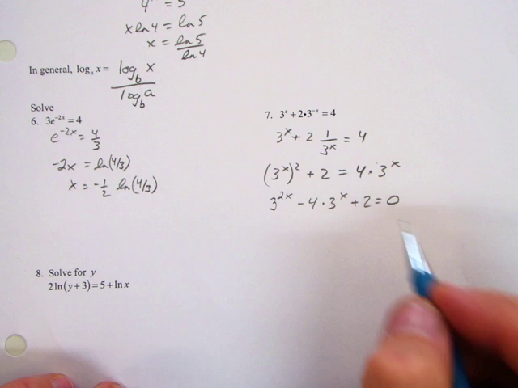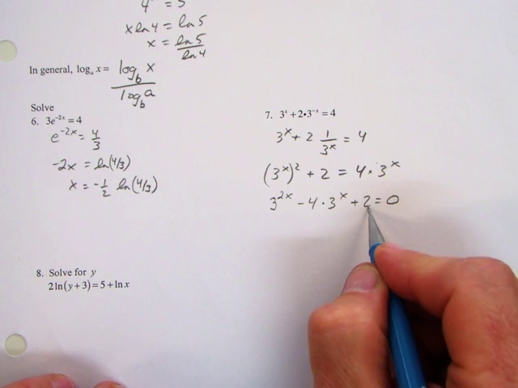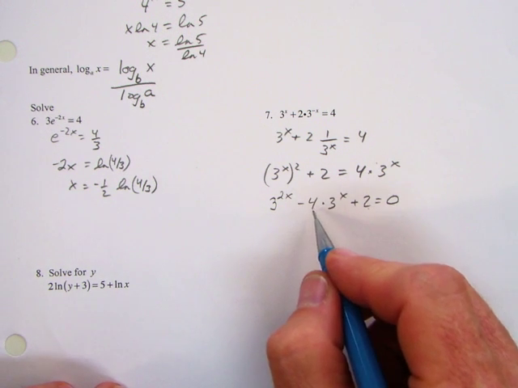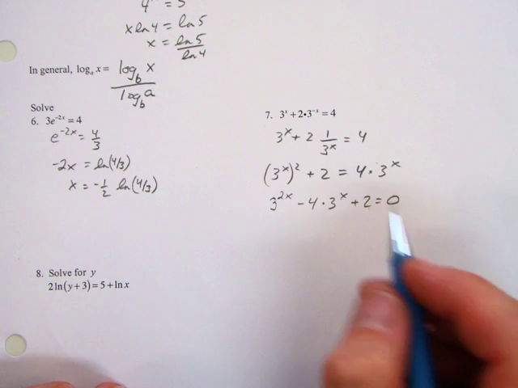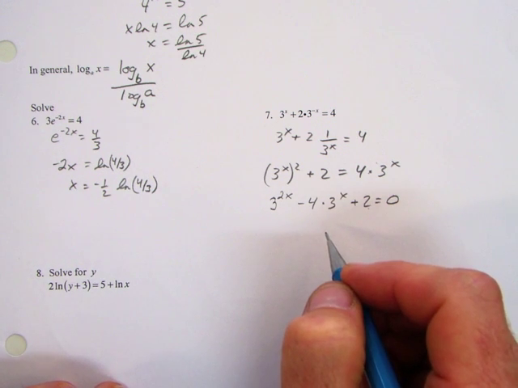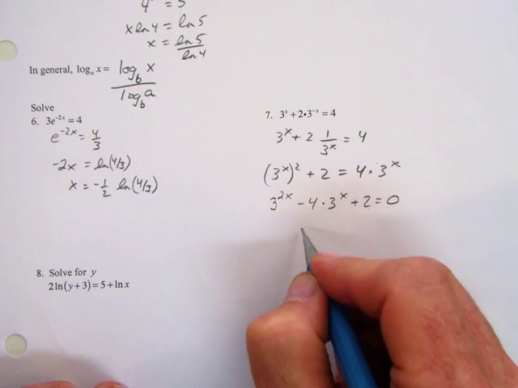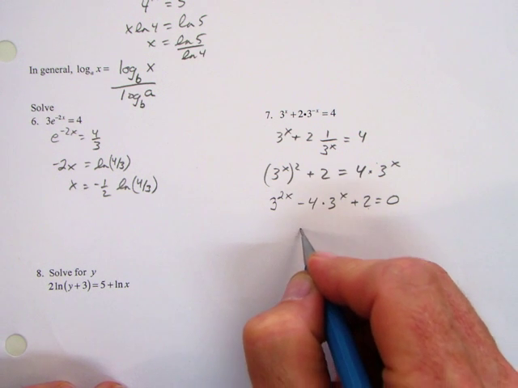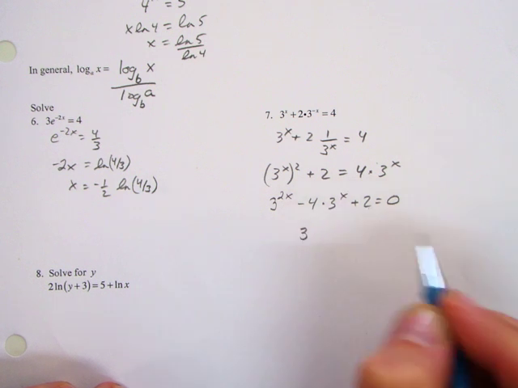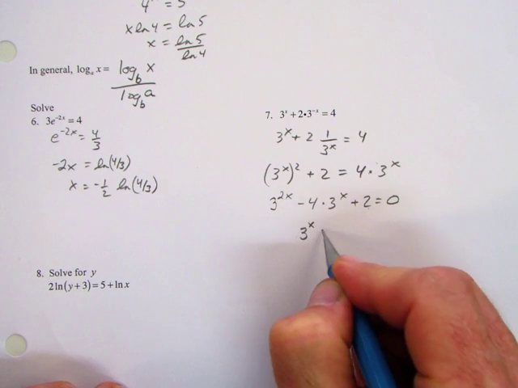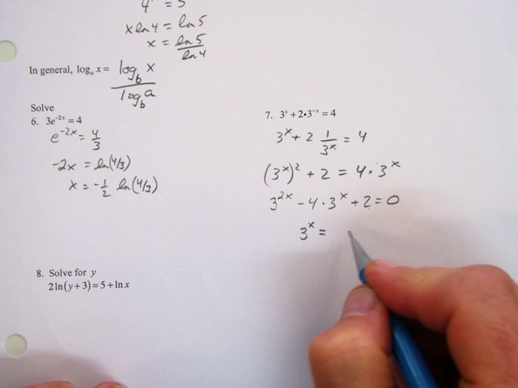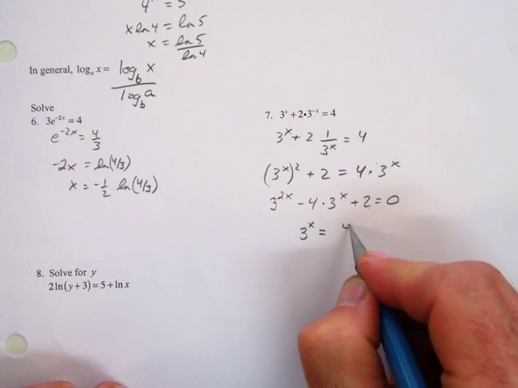So we'd want to look, can we factor this? Is there anything that multiplies to 2 but adds to give us negative 4? No. So what does that mean? That's right, quadratic formula. Now, one thing I'm a stickler on is making sure you label what you are solving for. We are solving for 3 to the x, so we can say 3 to the x equals negative b, so that'll make it